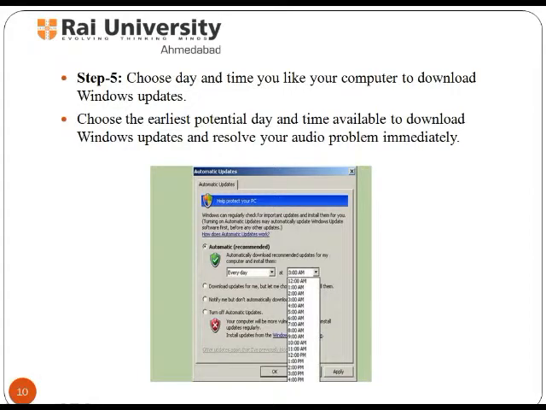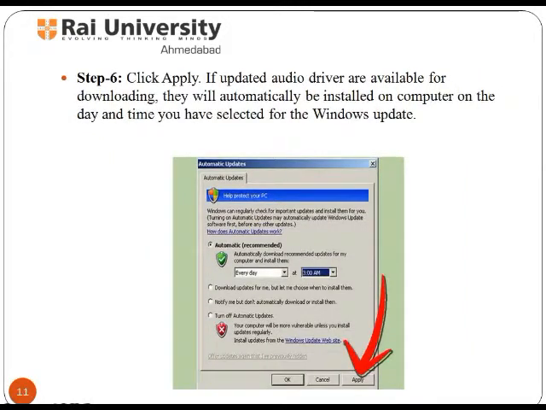Now choose the time and day when you want the update, whether weekly, daily or every day. Always choose the earliest possible day and time available to download the Windows Update and resolve your audio problem as soon as possible. After this, click on Apply shown on the bottom right corner. This will lead to installing the updated audio driver when available.